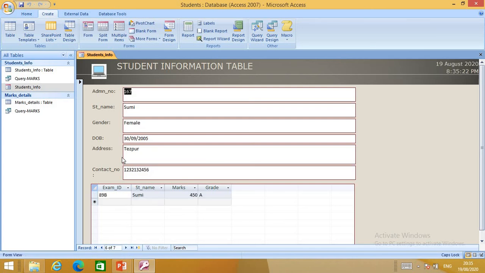So this way you can check the records, or directly you can go to the last, or directly go to the first record by clicking here. And if you want to enter a new record, you click here, new blank record, and go to the form view. Okay.